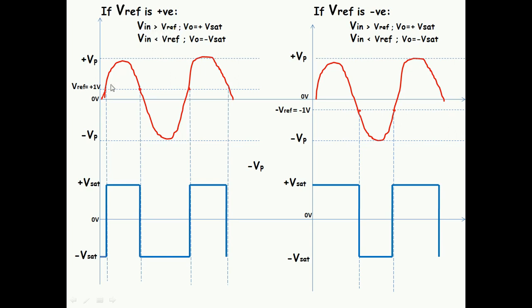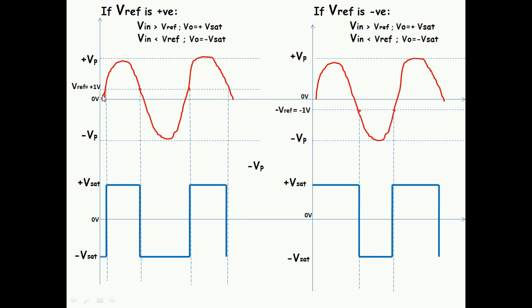So let's understand these waveforms. This is the input waveform, this is the output waveform. This is the sinusoidal waveform, the time-variant V in, that is connected to the positive terminal of the circuit diagram, and here we can see the fixed reference voltage of 1 volt. Since it is positive, it is drawn above the zero reference. Okay, now we'll see the conditions.